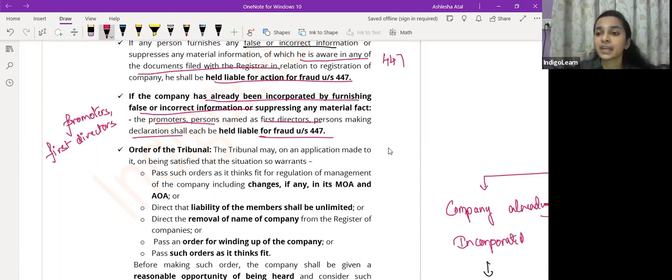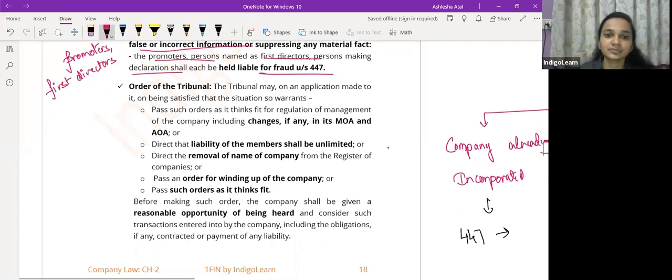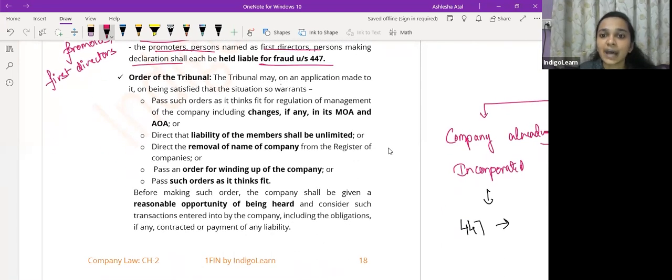So this is with respect to the individual's punishment. मतलब जिन लोगों ने fraud किया उन लोगों का punishment हो गया. But company के साथ क्या होगा? कंपनी के साथ क्या होगा वो डिसाइड करेगा ट्रिब्यूनल, tribunal will decide. So the tribunal, on an application made to it, on being satisfied the situation so warrants, मतलब depending on